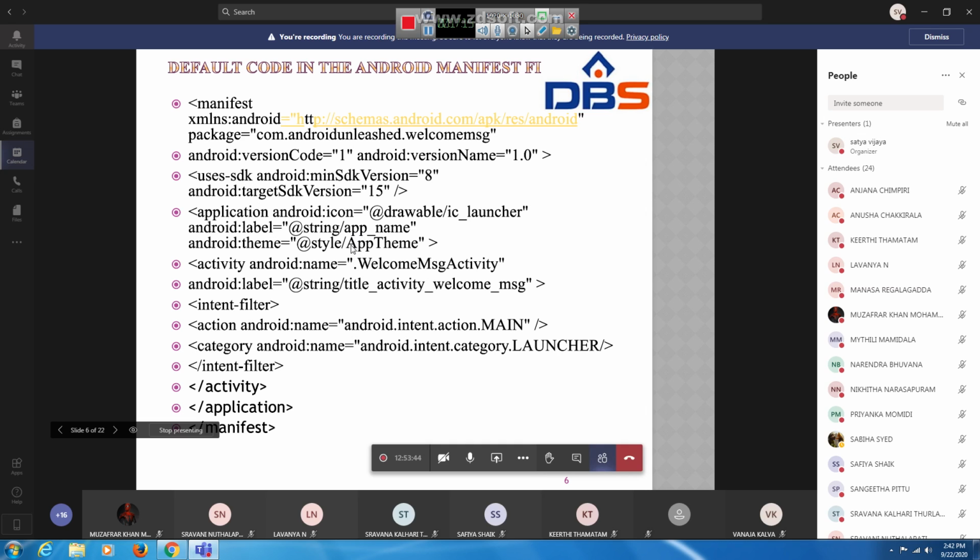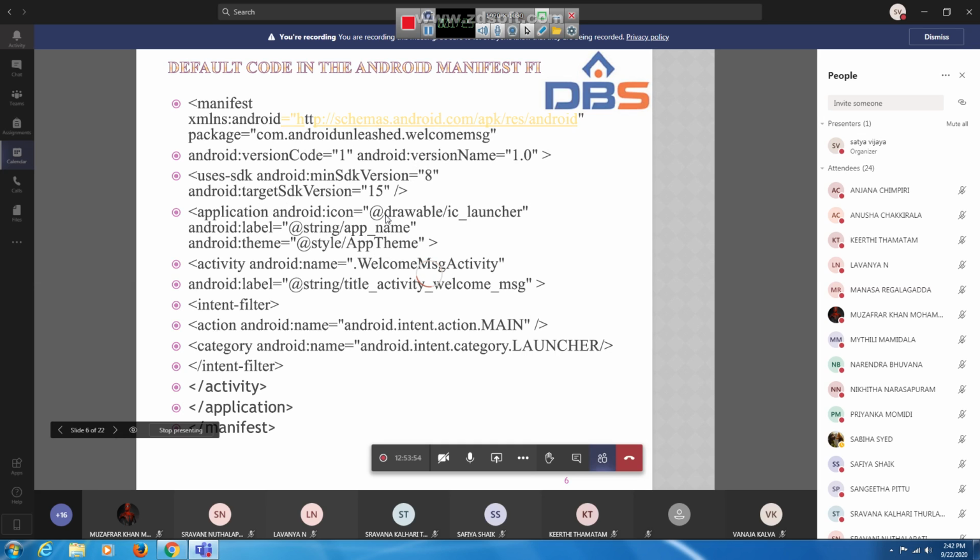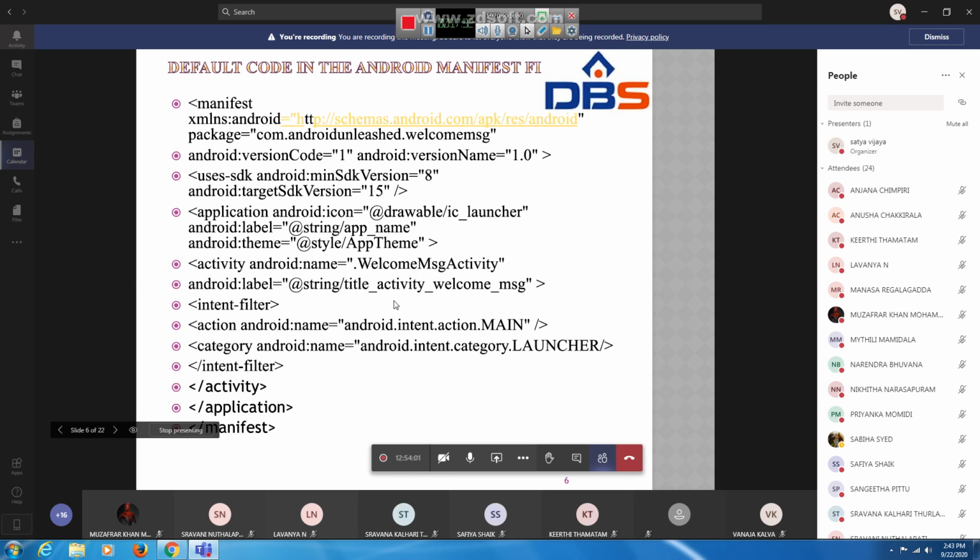In this we have three attributes used with this tag. What are the three attributes? First one, android:minSdkVersion. Next one, android:targetSdkVersion. And next, android:maxSdkVersion. Here the first one, android:minSdkVersion, is used to specify the minimum